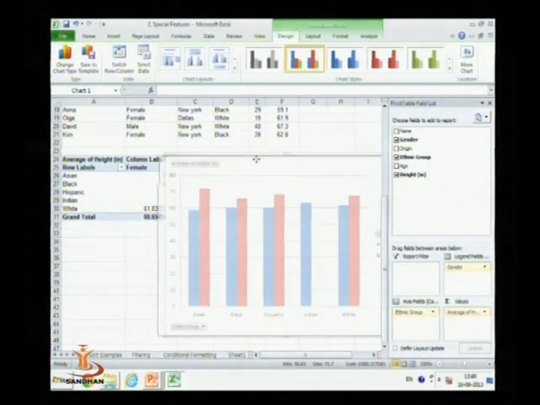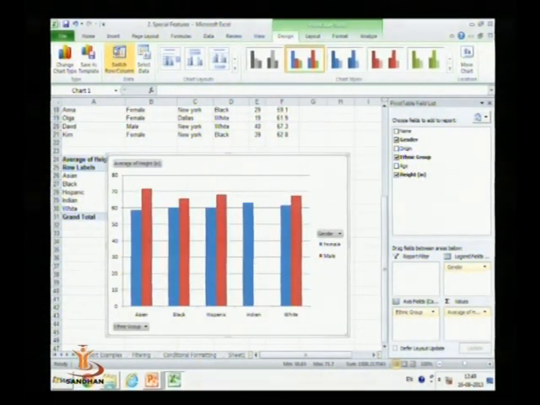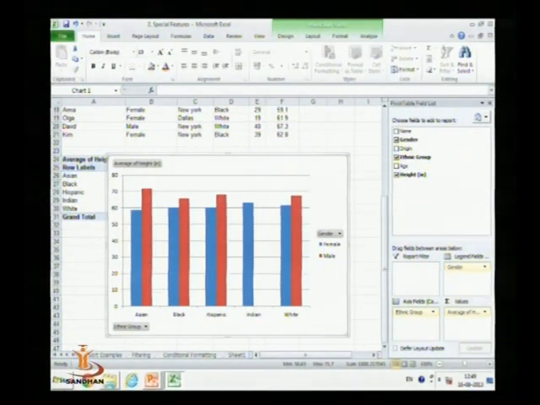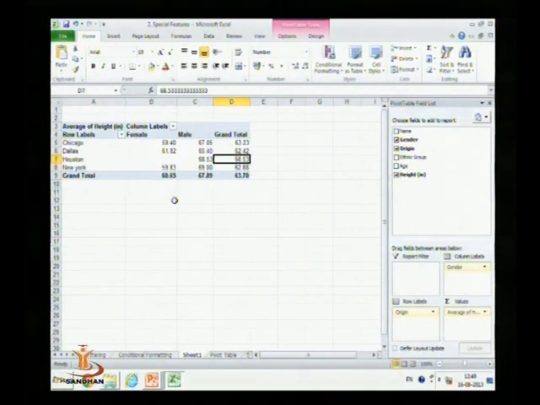Here another feature of pivot tables is that this can be calculated as a report. Also, filtering can be done in this.